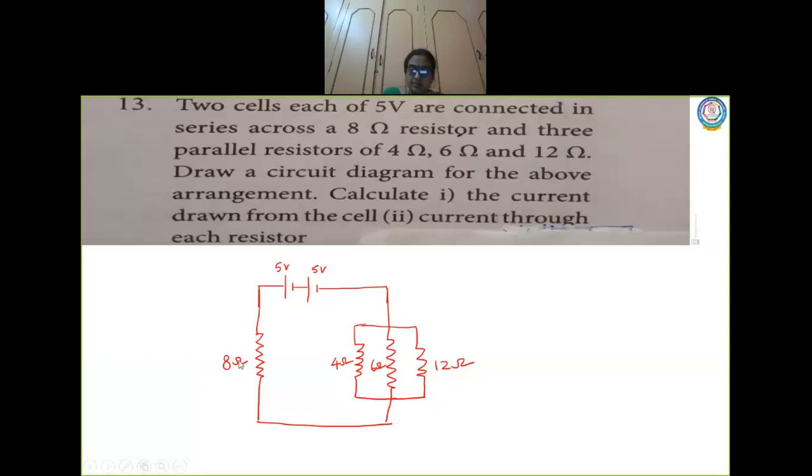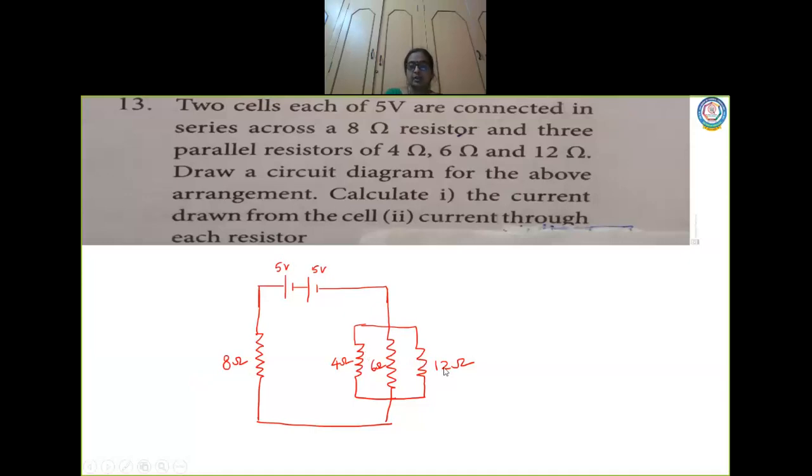Now here also, for all the 3 resistors, the total value of current is what? It is 1 ampere, but how is this 1 ampere distributed among these 3 resistors? Till this point the current is 1 ampere, but when it comes here the current is divided because they are connected in parallel. So current is divided as I1, I2, I3. So this 1 ampere is divided among these 3. Understood?